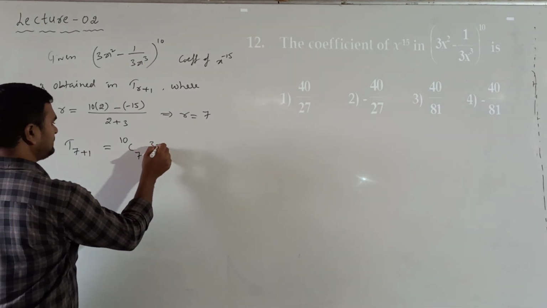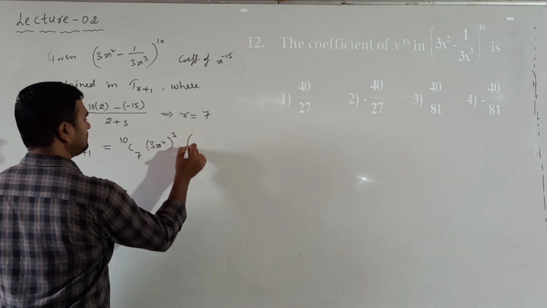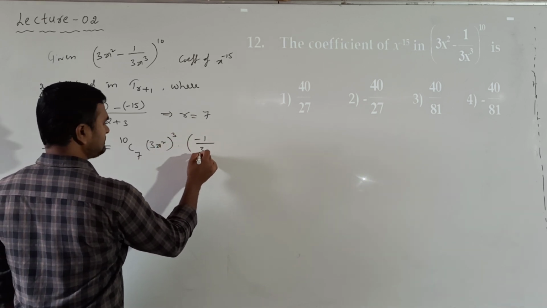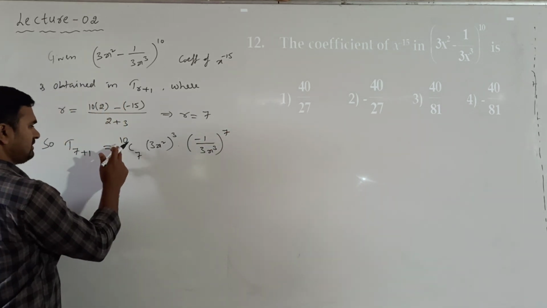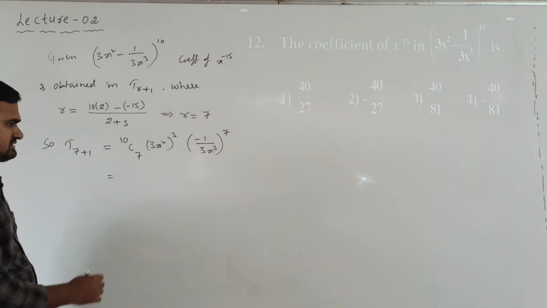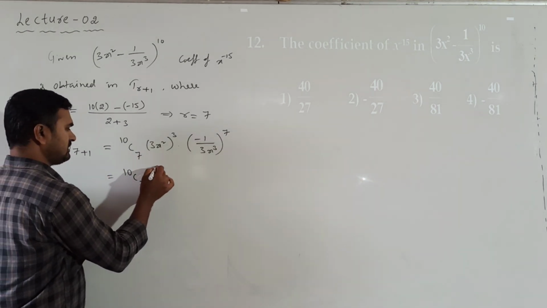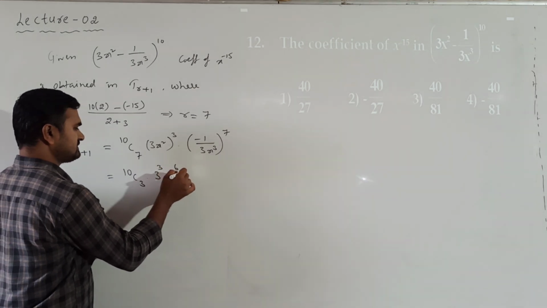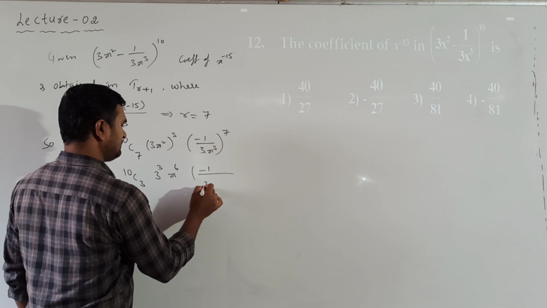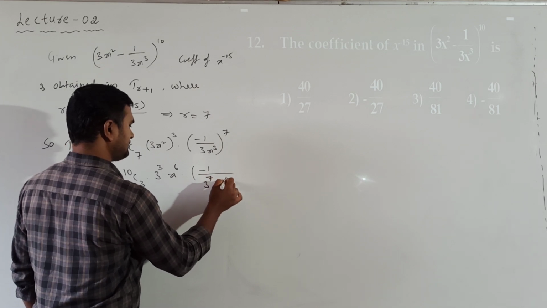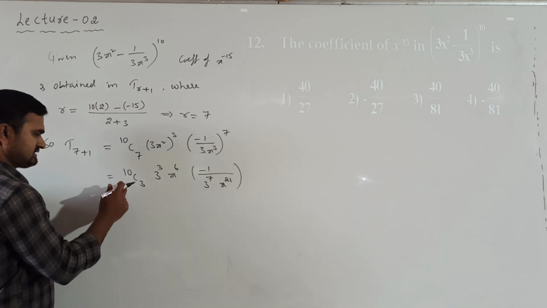3x squared to the power of 10 minus 7 is 3, minus 1 by 3x cubed to the power of 7. Now 10C7 is the same as 10C3. 3 to the power of 3, x to the power of 6, minus 1 to the power of 7 is minus 1, 3 to the power of 7, x to the power of 21. So this 10C3 value,